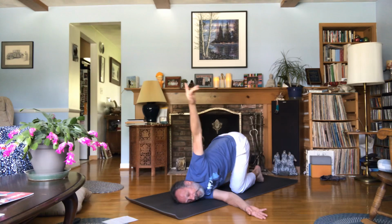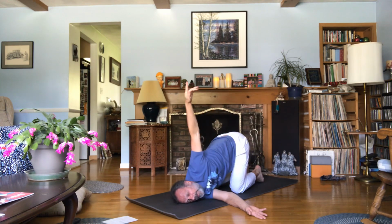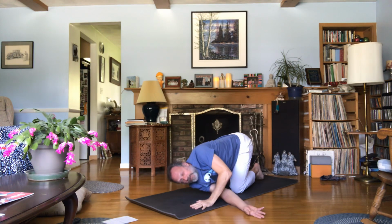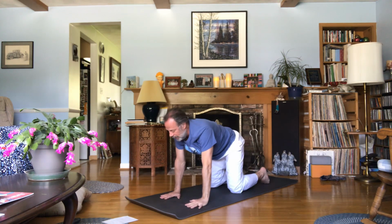Inhaling the right arm back up. Begin to work that shoulder. Half a dozen circles in one direction. Half a dozen coming back the other way. Plant the hand right in front of the face, press into it, unthread the needle. We come right on back to our